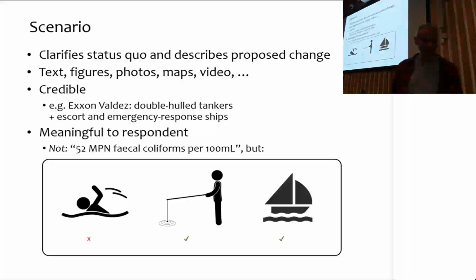that we have 52 MPN fecal coliforms per 100 milliliters, which makes perfect sense to an ecotoxicologist, but doesn't make any sense to you guys. What would this mean? You probably recognize the word fecal there, but that's about it, right? You haven't got a clue whether this is a lot or a little. Instead, you need to show things in a way that is